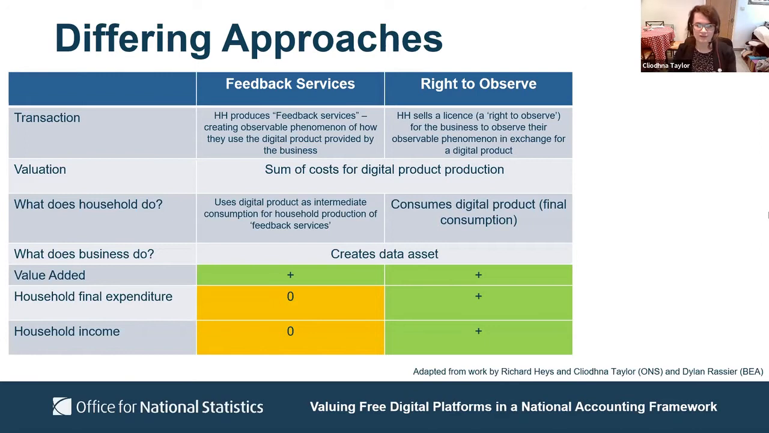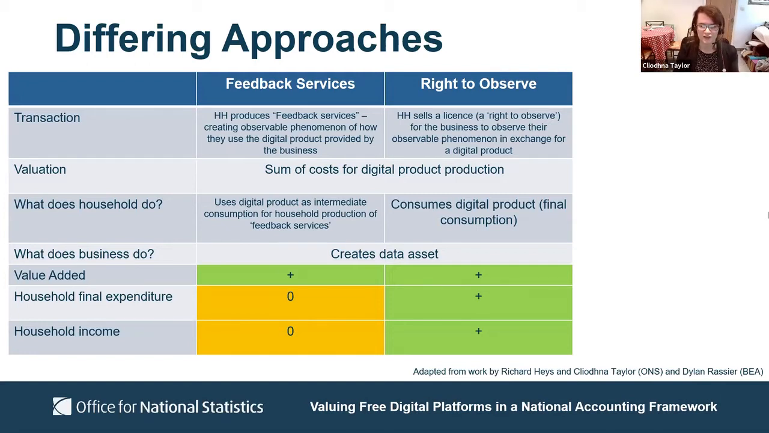And there's an implicit agreement that when the household visits YouTube, in exchange for being able to consume YouTube, they also give a right to observe some of their observable phenomenon that they are engaging in while consuming YouTube. So the difference that this produces is that the household is not engaged in a production process, they're involved in a consumption process. And the implication is that there's imputed income that the household is getting through the selling of this license,